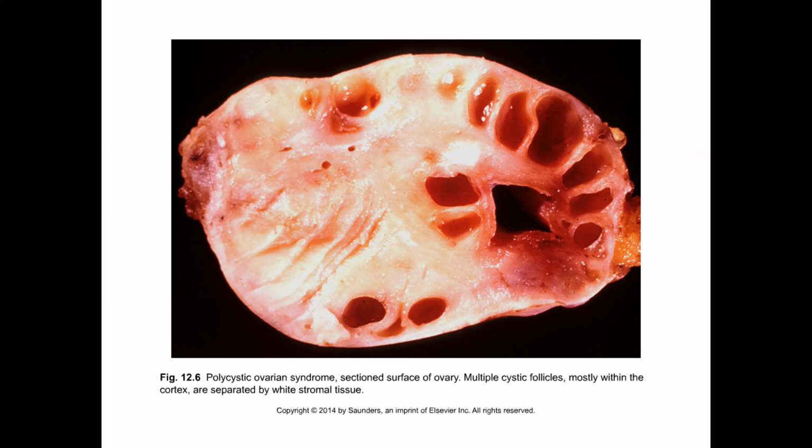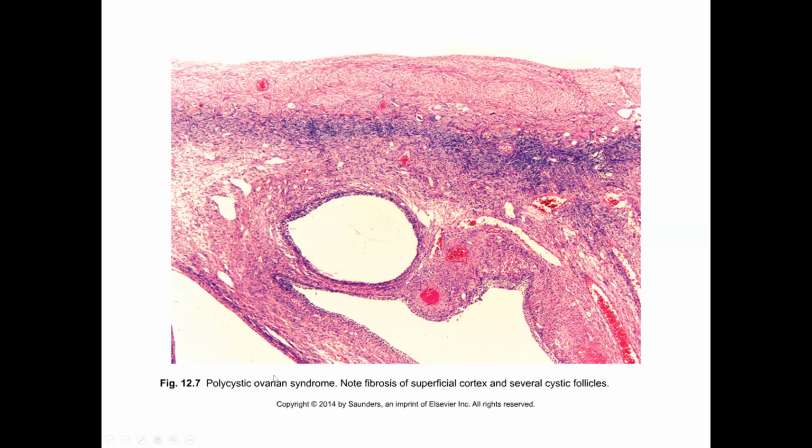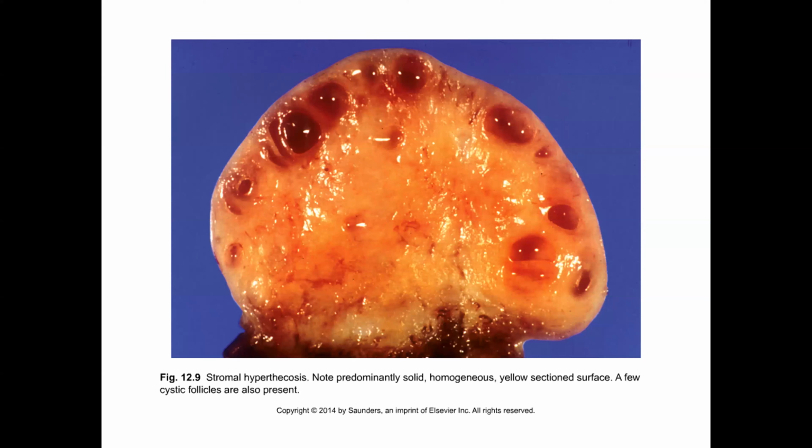So here's what the ovary looks like in that scenario, a very macro follicle appearance, otherwise normal appearing ovarian stroma. And many of these follicles are at a similar stage of development. None seem to be developing into corpora lutea or corpora albicantia. So one feature can be the absence of